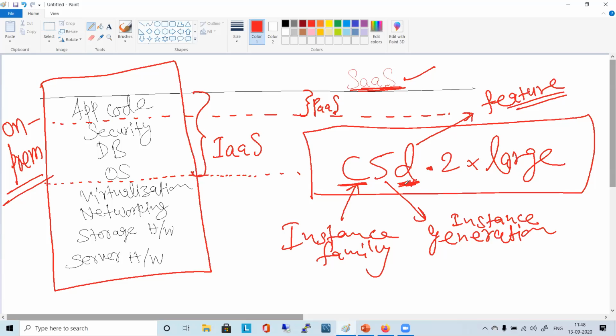So some kind of feature will be here, some generation, some family. And then this is the t-shirt size that you are talking about. If it is large, then 2x large means double of that. 3x, 4x, 5x, double XL, triple XL, 4XL. That will be the t-shirt size. So here it is the family, here it is the generation, here it is a particular feature, and here it is the t-shirt size. You got it, Shweta? Yes, sir.